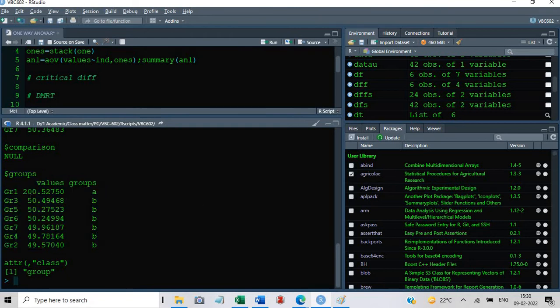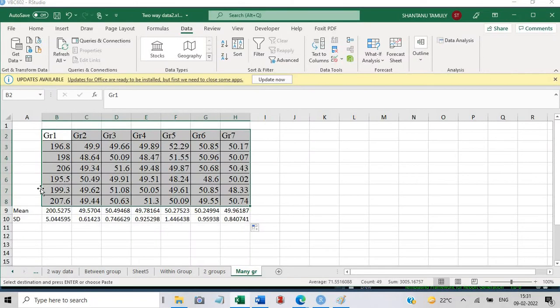How will you write this? You see here in group 1, over the mean value you have to write A, group 3 B, like that. What it indicates is that group 3, group 5, group 6, group 7, group 4, group 2, all these groups have similar letters, but for group 1 the letter is different. This indicates that the mean values of all these groups are not different, but the mean value of group 1 is different from all of them. How you will write while presenting? Let me copy this into MS Word.